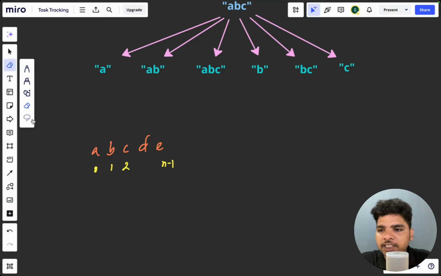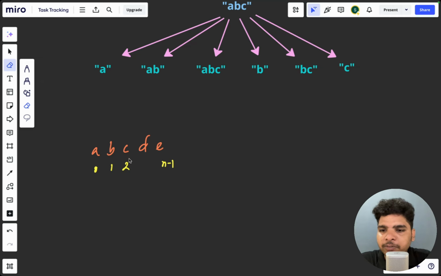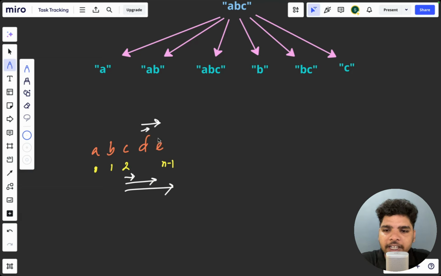Similarly, if we consider B, index 1, what are the possibilities? From B to B, from 1 to 1, it could be one substring. Then 1 to 2, 1 to 3, and 1 to 4. Then if we consider index 2, from 2 to 2 it could be one substring, then from 2 to 3, then from 2 to n minus 1. Similarly for D, it could be D to D, D to E, and for E,